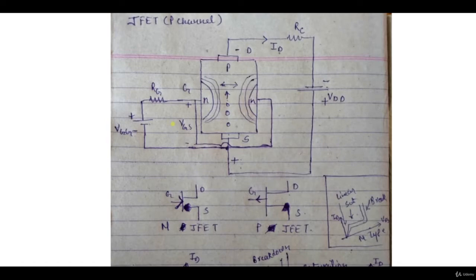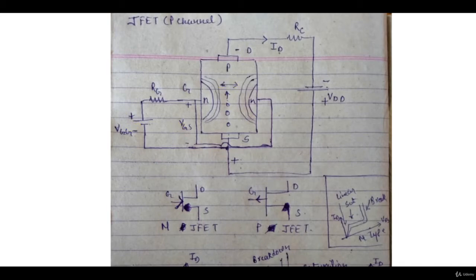So one thing to note, here you can see the same effect will be there. By changing VGS you can control the width of the channel, so the width will change depending upon the value of VGS. Since you are tweaking the value in the positive direction, the more VGS you apply, the lesser the width will be. The less VGS you apply, the more width there will be. So I hope you can relate it. That's how you control via VGS.